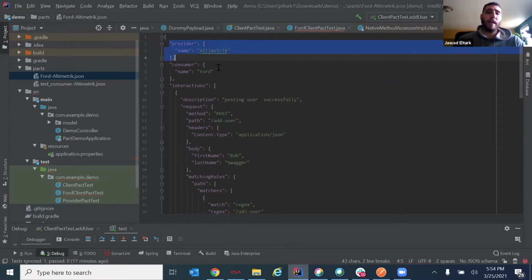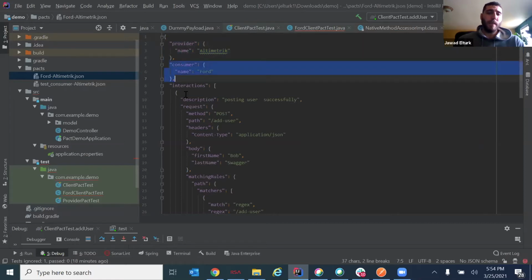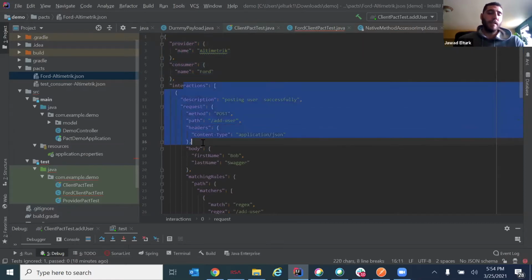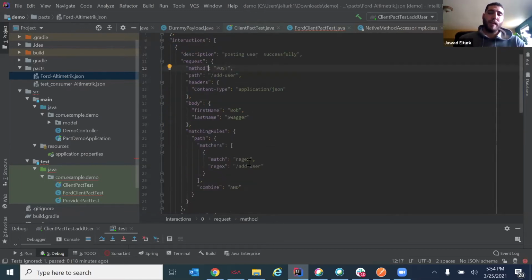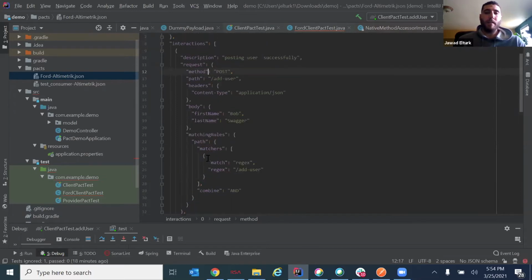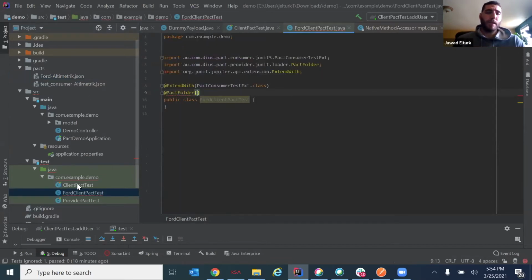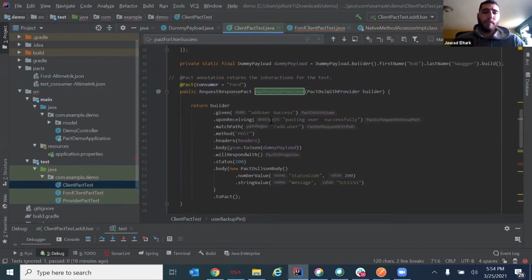It's a JSON format. You have the provider name, you have the consumer, and you have all the interactions. An interaction includes the request and the response. And in case there are any rules that you set, let's say you want a VIN that takes a regular expression, you can also define this in your test. And yeah, it's pretty straightforward. So going back to my test here,